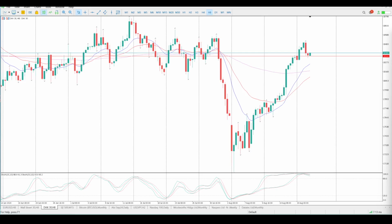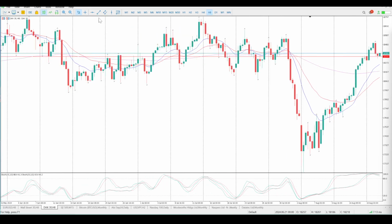So we've had the pullback. That's pretty much all that happened yesterday, was just a pullback, and if you look at price this morning, it does look like we're trying to find support here. Just bear in mind this is a fairly crazy zone that we're in,